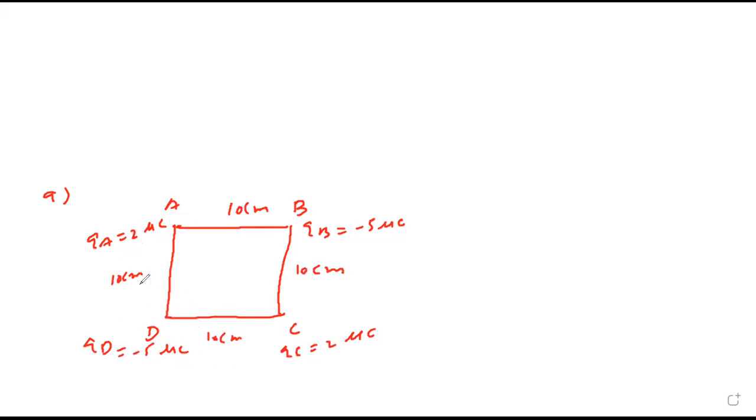Yes, dear. I'm just explaining this ninth sum of the textbook, which is actually solved, but again I'm explaining. So it is given like this: four charges QA, QB, QC, QD are at the corners. Values are 2, -5, 2, and -5. And what is the force acting on the 1 microcoulomb charge placed at the center of the square? The point of intersection of the diagonals is called the center of the square. Here the charge placed is 1 microcoulomb.